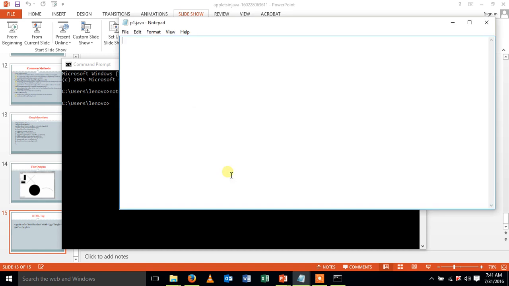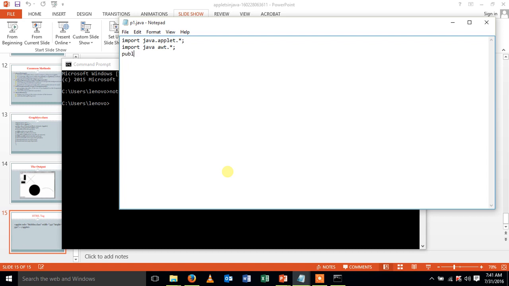First, we want to import the applet package as we are using the applet class. The next is to import the AWT package, which is used to develop the GUI.